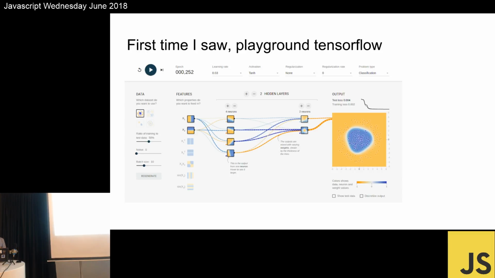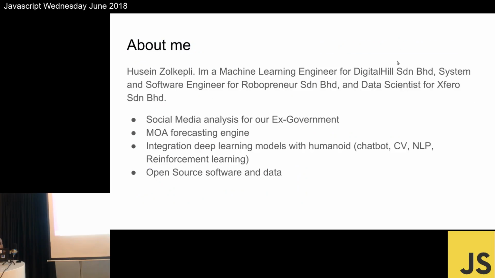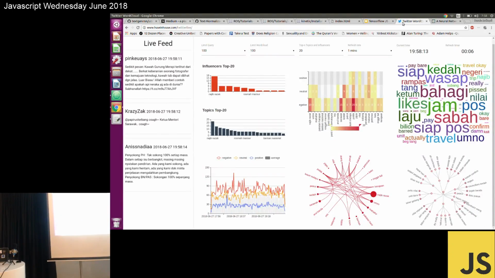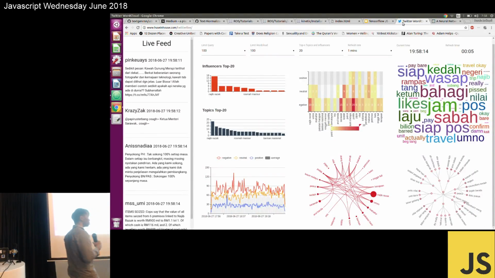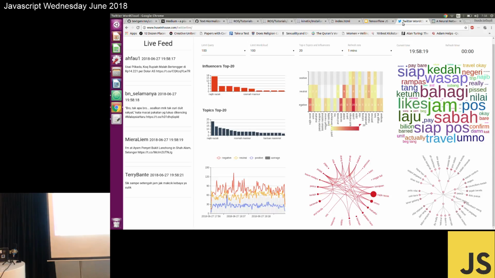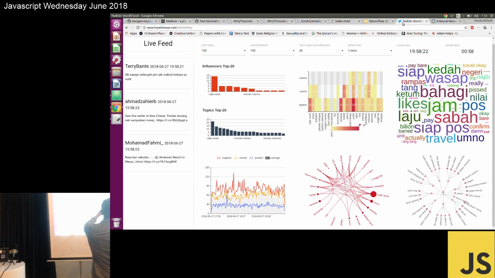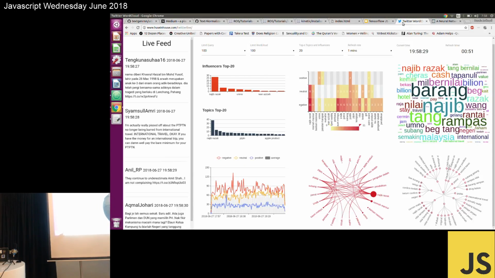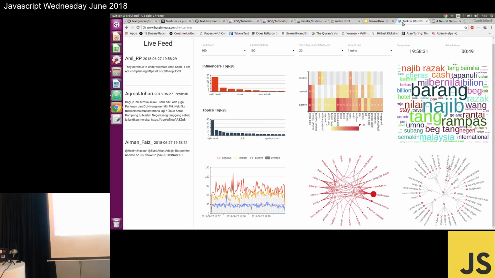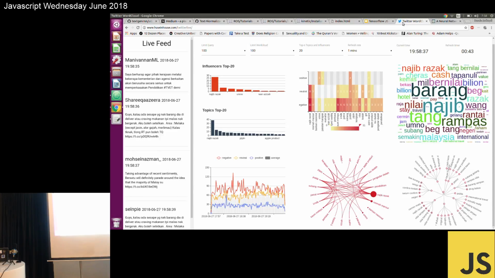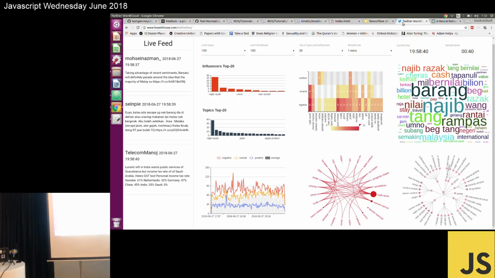So talking about social media analysis, some of what I do is public social media analysis. This one I train for my own purpose. For that one for the government, I developed using their own purpose. I mean we have analysts in house and we train the machine learning model at the back and then we are able to analyze which topics are top 20. So actually this website is an open website. Anyone can go to the link and get the live data. You can see who's the influencer top 20, what cloud, and then the sentiment, what correlation,